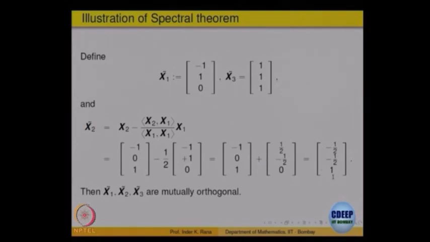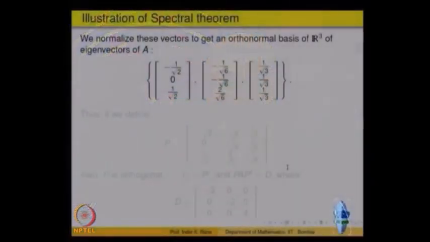So, the Gram-Schmidt process is being used to orthonormalize. You get 3 vectors which are mutually orthogonal. Gram-Schmidt only gives you orthogonal vectors; when you remove the projections, you get only orthogonal, but you have to orthonormalize them if you want. So, then you divide each one of them by its norm, and you get these 3 vectors which form an orthonormal set.